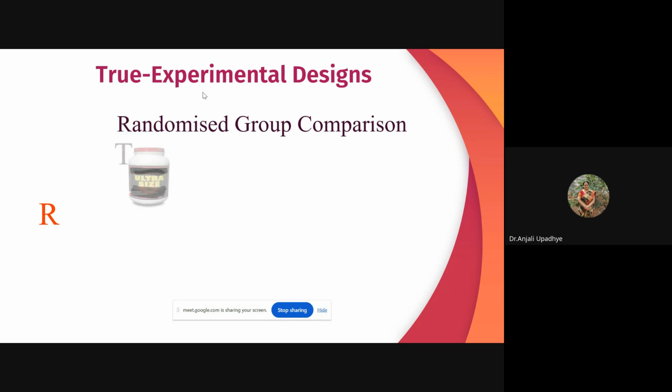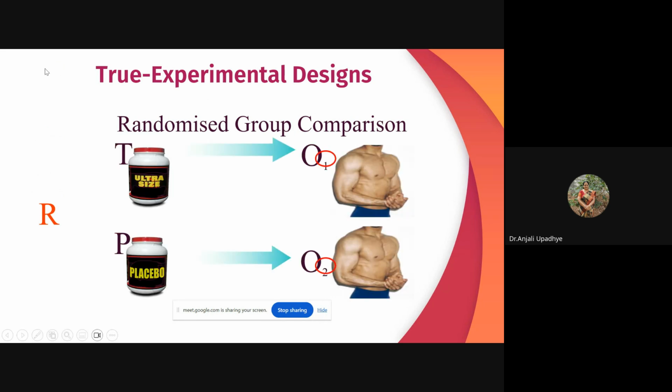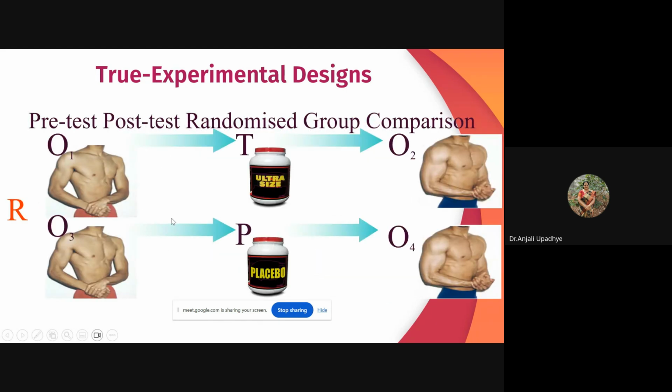Again, randomized group design, randomized control. The patients are randomly assigned. R is there. Randomized group comparison. And the ultra size is given to the experimental group as well as the control group. Okay, randomly assigned. Pre-test, post-test, randomized compare group design. That means